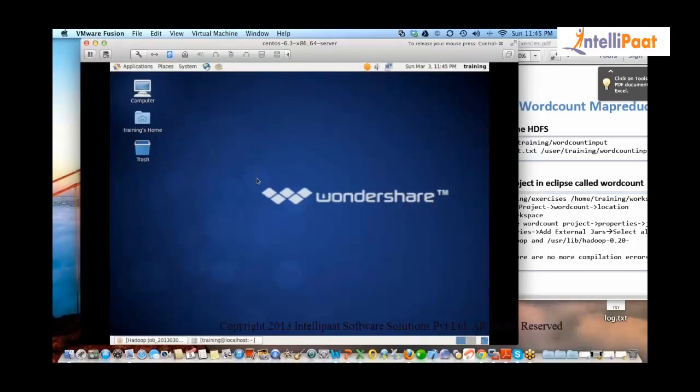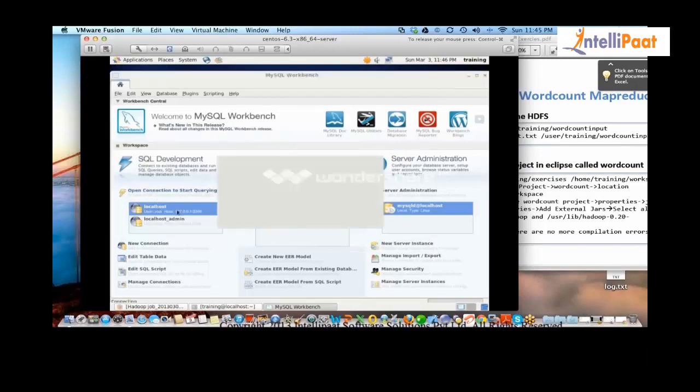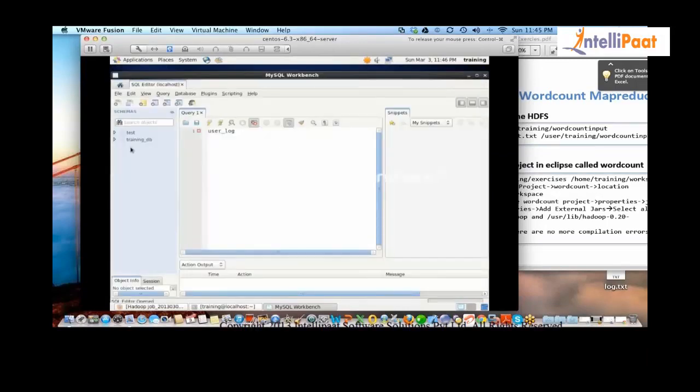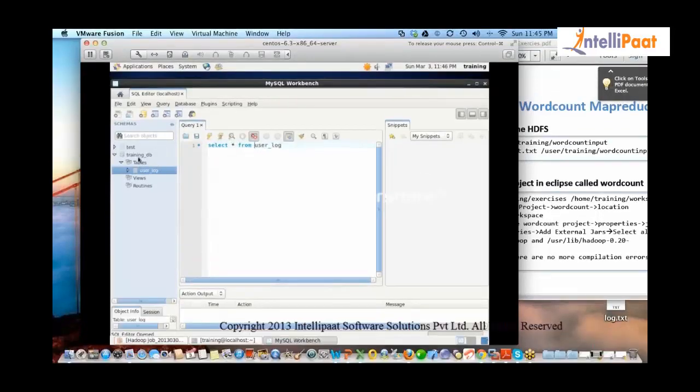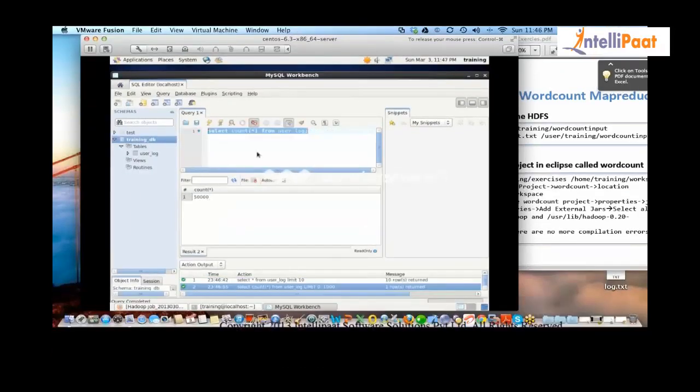If you look at our MySQL, this is the MySQL database that I've started right now, and we have the database, the training DB, table user log. I say select star from user log. Let's look at the count of the rows. Now our goal is to take this data which is in the MySQL database to Hadoop.